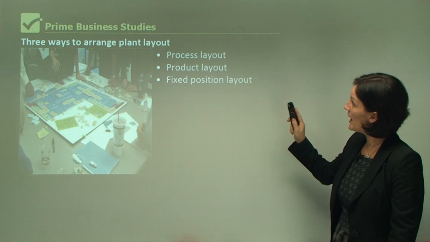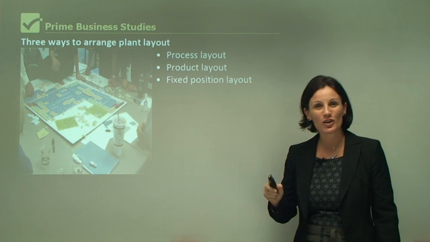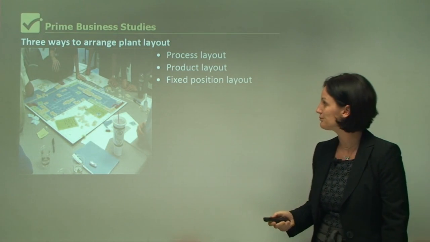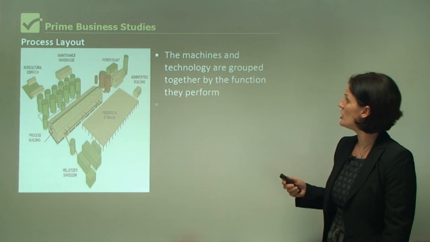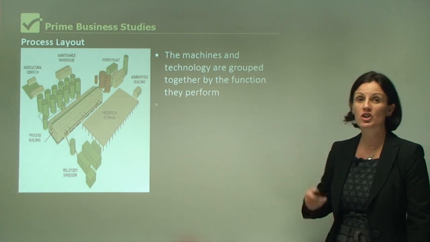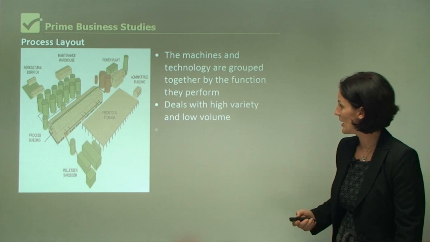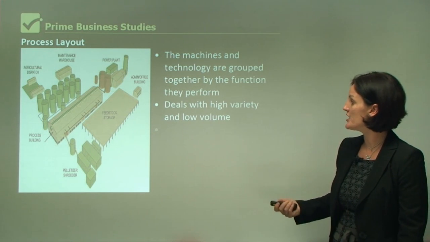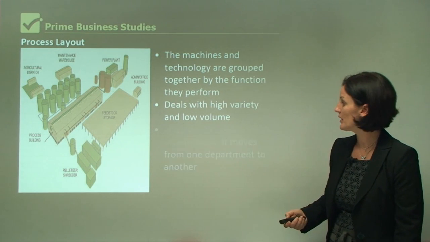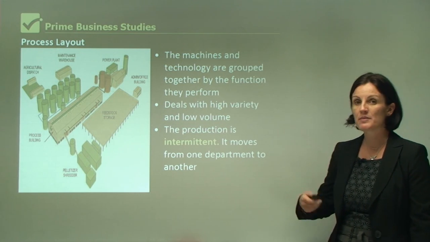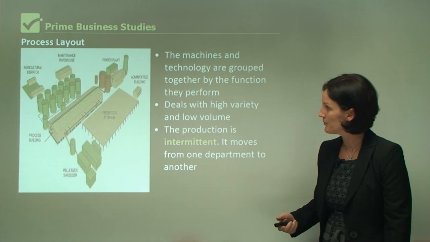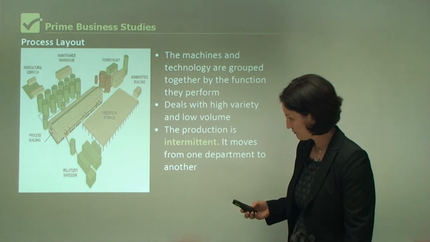What you'll notice about layout, it depends on the product or the service. Now, process layout. The machines and technology are grouped together by the function that they perform. It deals with a high variety and low volume, and the production is intermittent. It moves from one department to another. Now, for example,